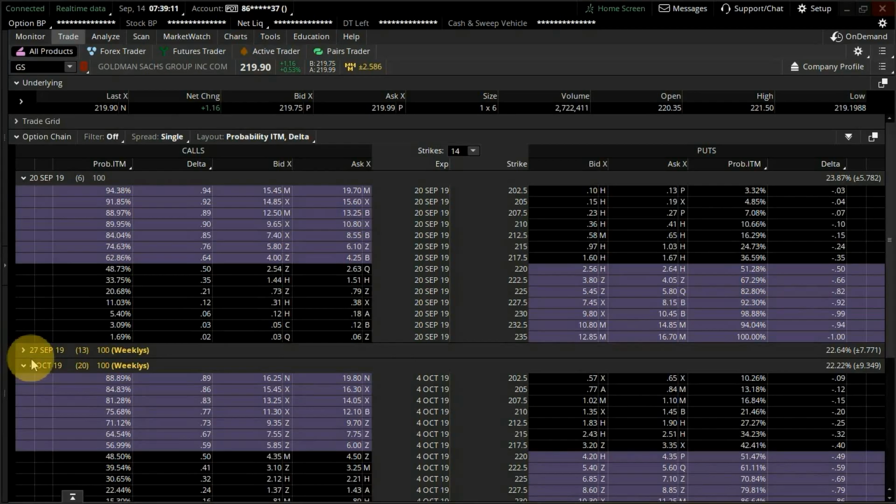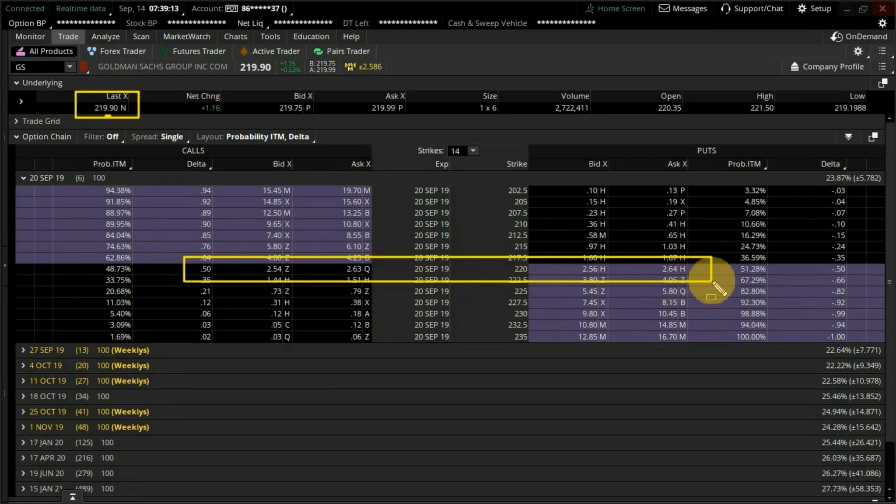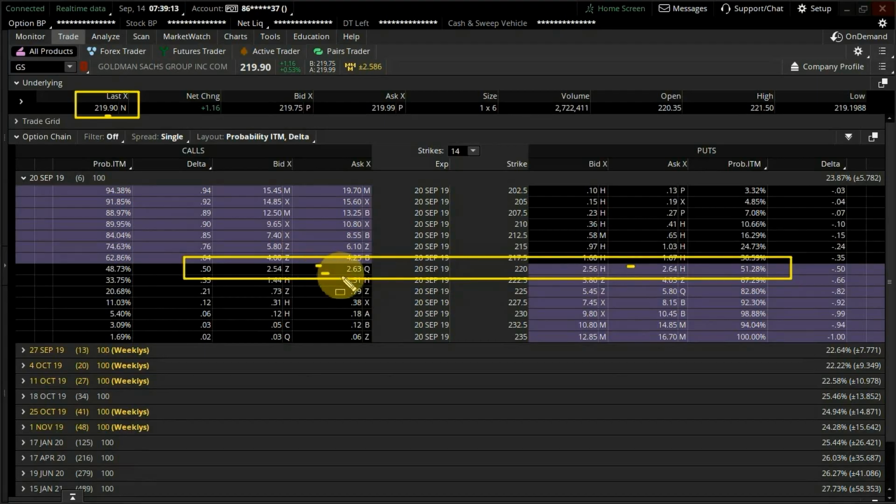If you take a look at Goldman Sachs, just hang with me over here. Goldman Sachs is trading roughly 220. The 220 calls and the 220 puts. Do you notice anything about them? Look at the 220 calls. They're trading basically 260. What are the 220 puts trading for? 260. This is the greatest example because I was just ripping on Goldman Sachs a second ago, saying that they don't know squat.